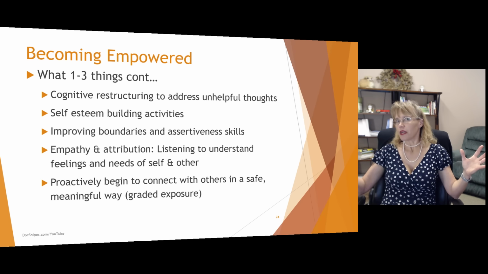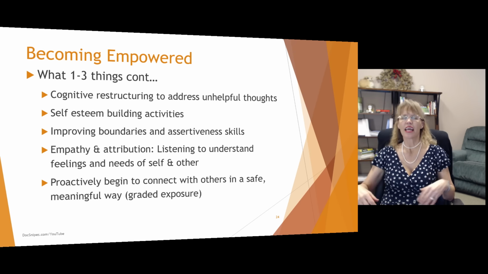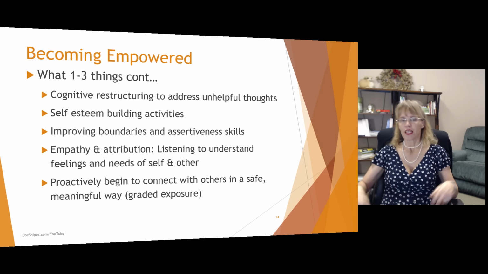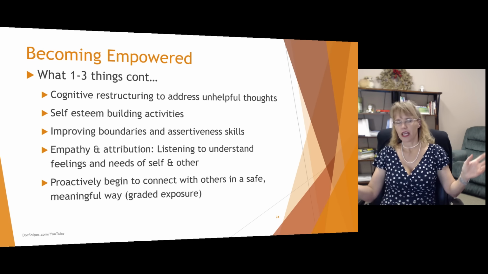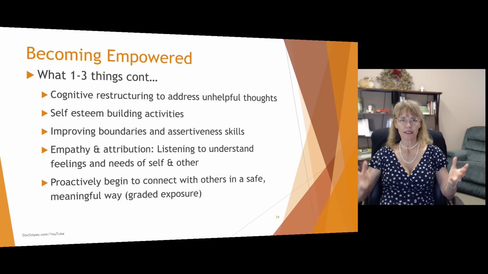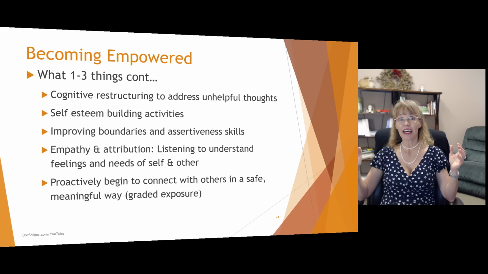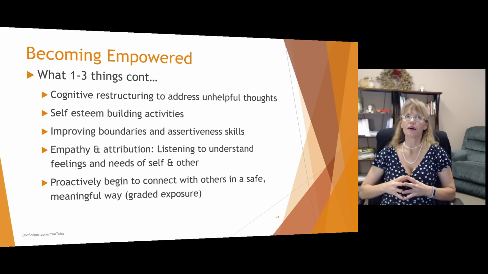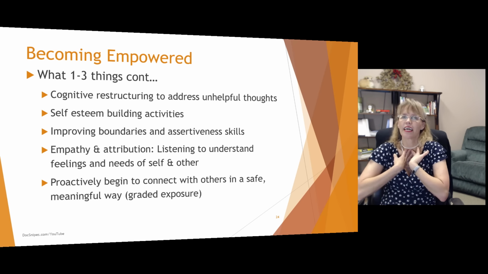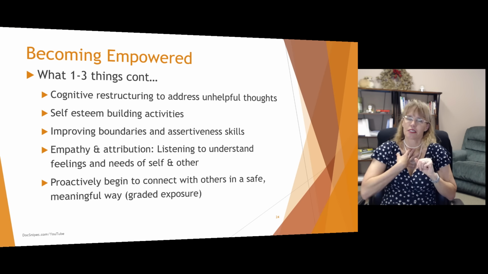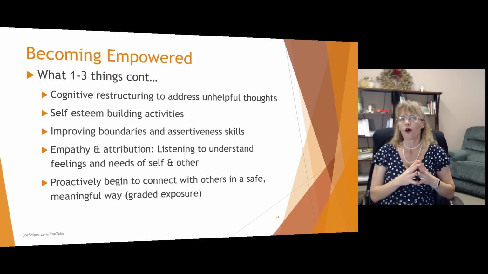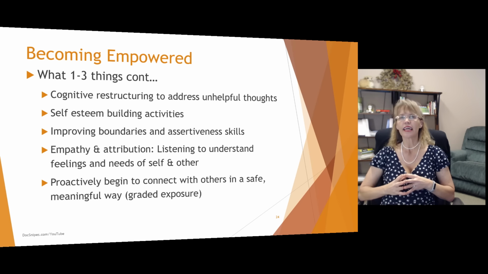Maybe they did something. You know, they're in a relationship with somebody, they're roommates, and they left the cap off the toothpaste. And the roommate just flies off the handle. Okay. Empathy. I see that you're angry about this and you're frustrated that I left the cap off the toothpaste again. But attribution encourages the person to look back and say, all right, I did something that irritated this person, but it really was probably only a 1 or a 2 on a scale of 1 to 10. So I wonder what else is going on in their life that is making them so angry right now. The anger is not all about me.